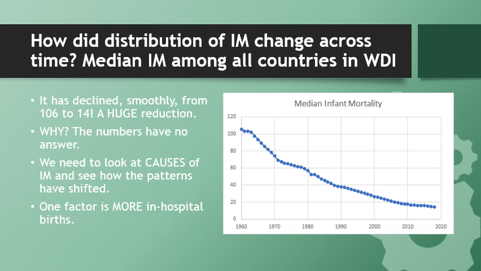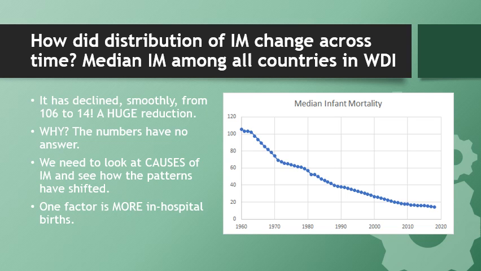We come back to the stochastic distribution. How has the distribution changed? We will take it step by step. So we look at the median of the infant mortality among all countries in the WDI dataset. And this is the picture of how the median has changed. And we can see that it has declined smoothly from 106 at its start in 1960 to only 14. That's a huge reduction, and this is